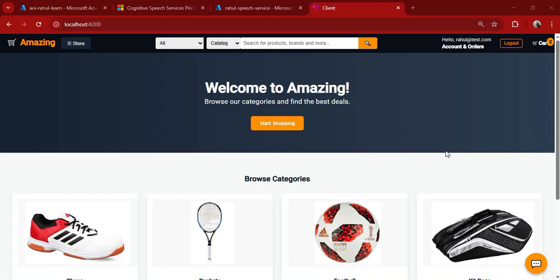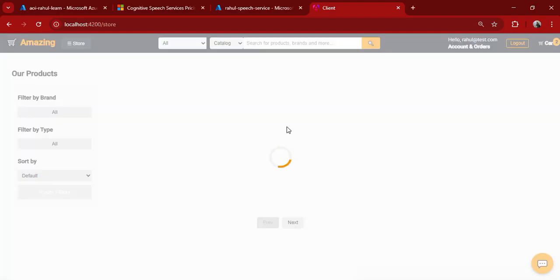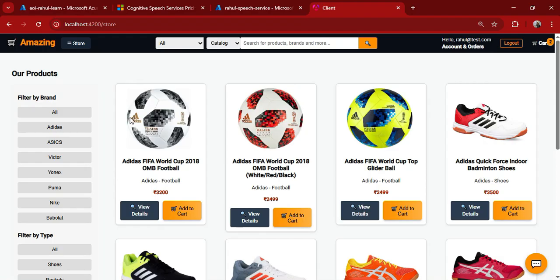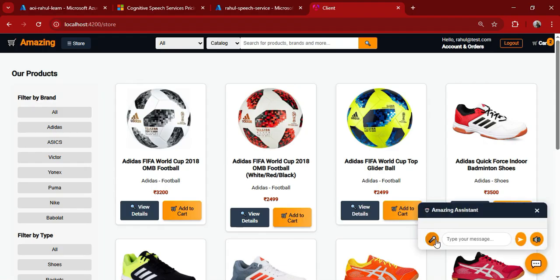All right, guys. So here I'm at the amazing site, and I'll simply click on this start shopping, and I landed on this store page, and I will come here, and as you see that this icon has been enabled, right? So what I'll just do is simply click on this button, which is that mic icon,